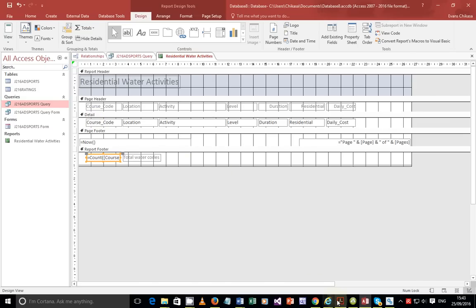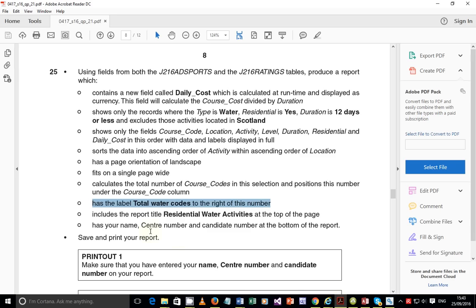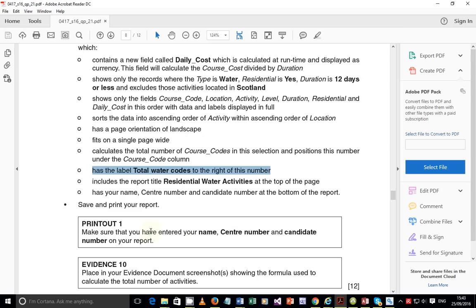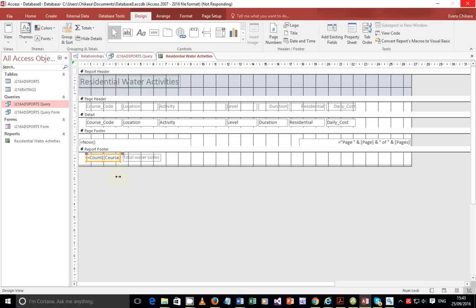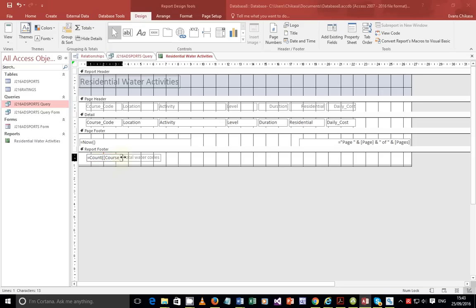Let's go first of all to the question paper and see if we need to show evidence of the formula used to calculate the total number of activities. So we need to show evidence. We cannot resize this, because once we try to resize and reduce the box, then we hide the formula and it's not going to be visible. So the only thing you can do to make sure that the formula is visible, or rather the number 42 is not aligned to the right, because once it is aligned to the right, let's just see. So take this to the right so that this one is visible,